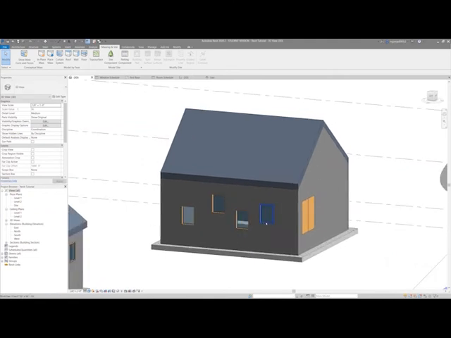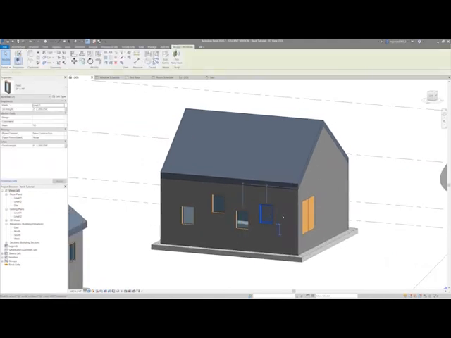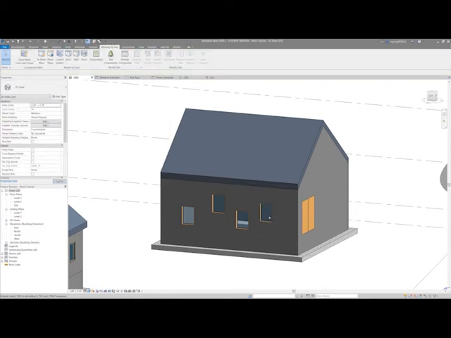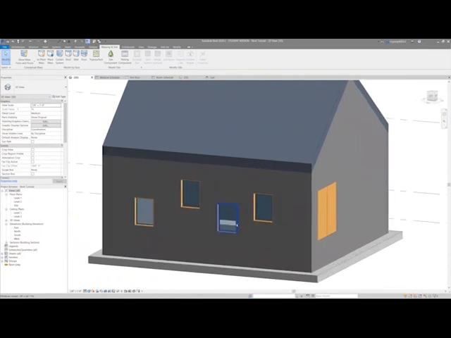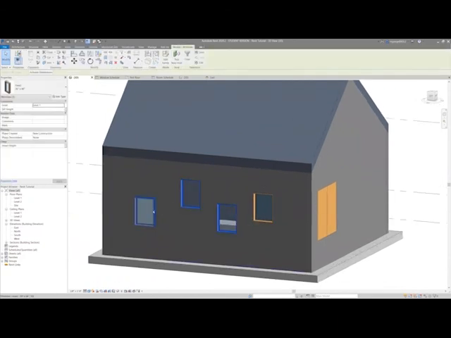Again, we'll say we want the windowsill to be 2'6", which is common. So we can go in again to the properties panel and associate that to 2'6" from this first level. It changes it, that's where we want it. So instead of going through and selecting all of these and saying we want all of these to be 2'6",